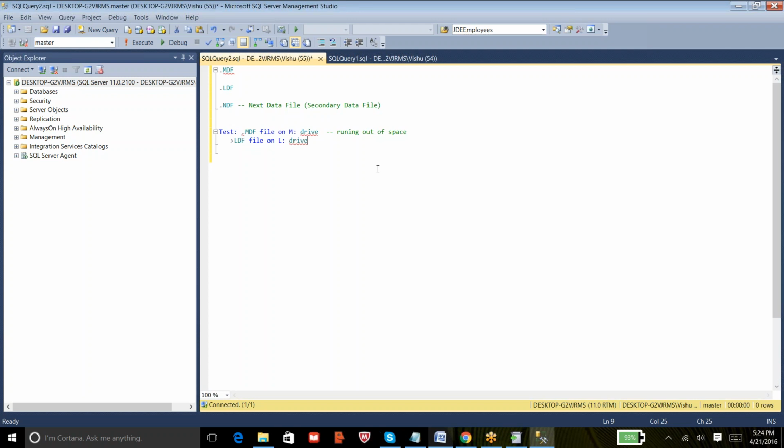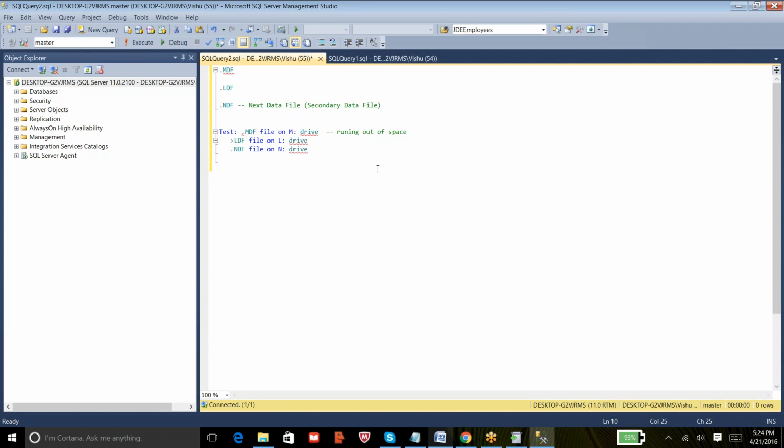To avoid this, once you know your drive is running out of space, you can add a new file to the database, called the NDF file, and keep it on a different drive, maybe the N drive.